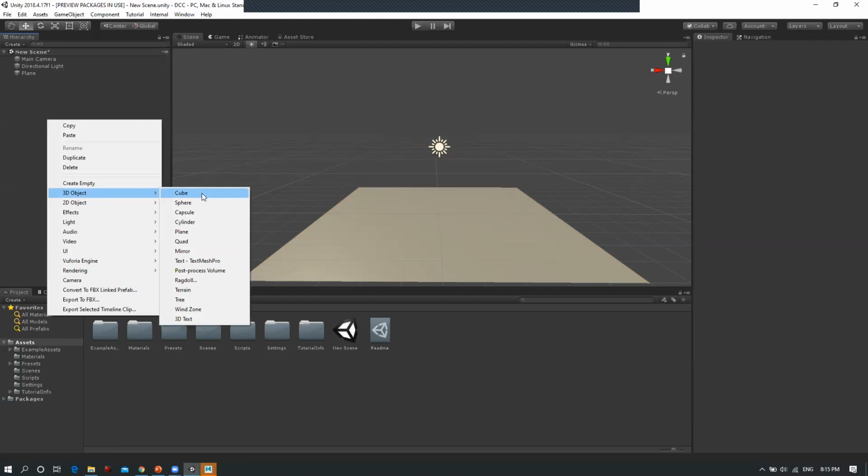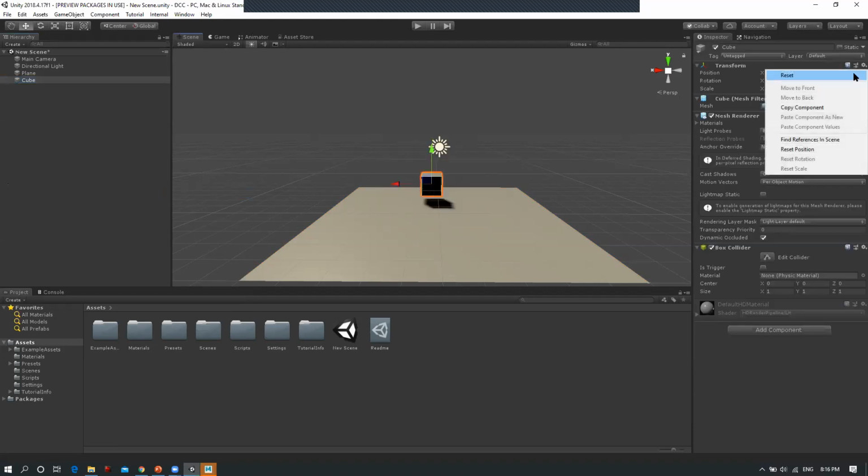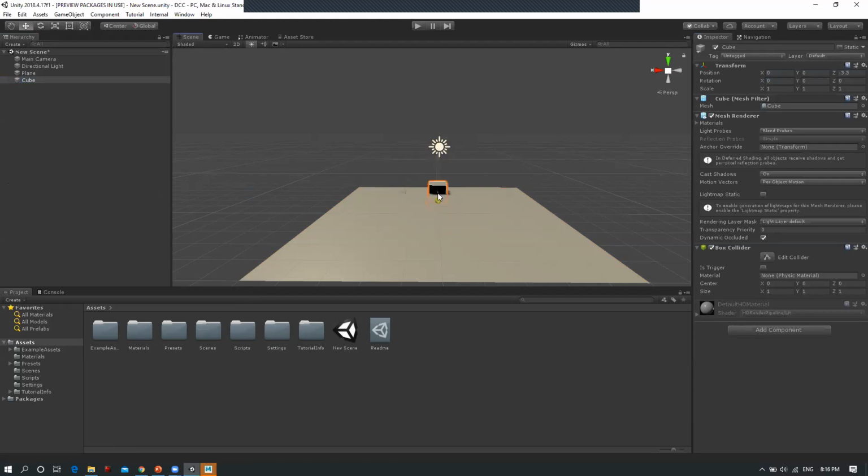Why I'm using cubes is because I want to create a kind of sci-fi city. For me, I don't want anything to be available as of now. I don't want a river, I don't want a skybox, I don't want trees. The first and foremost thing for me is I do want the city, because that will be my first primitive building block for the level. So I'm going to create cubes. I'm going to reset it, push it there, and go over here.